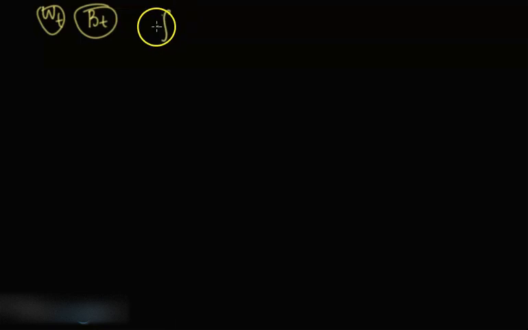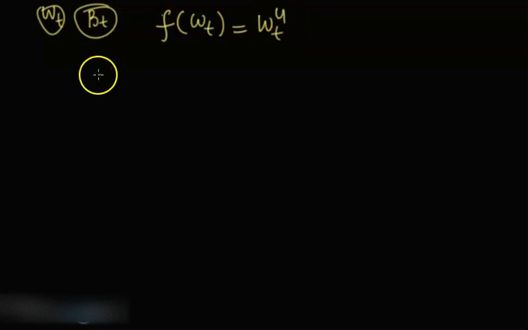So let's apply Ito's Lemma, the simplest Ito's Lemma, to another suitable function. But now let's replace our Brownian motion with W of t. Now I'll be writing W of t in place of B sub t, so both are Brownian motion for me. I have the function f of W of t to be W sub t to the power 4, and I want to compute the differential of this